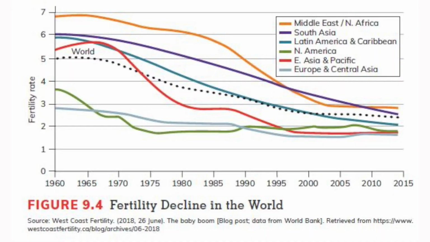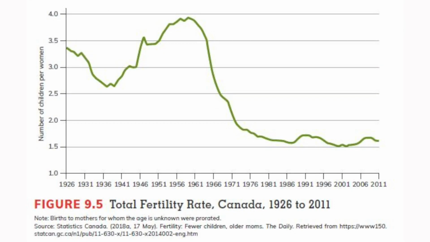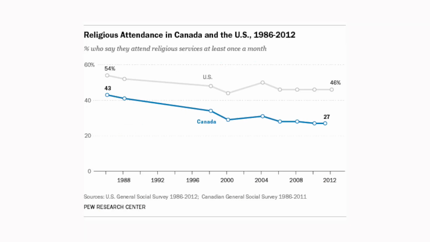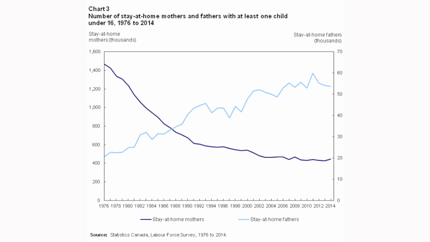Societies around the globe are having fewer children than ever before, and there are several important factors that may explain why fertility rates have declined in Canada. And these are outlined in the chapter. The chapter points out the delay in child rearing occurring in Canada and identifies causes of the trend, which do include the rise of cohabitation, the rising cost of living, and vocational expectations that might cause couples to delay child rearing, the decline in religious influence on contemporary life, and changes in the division of labor in society.